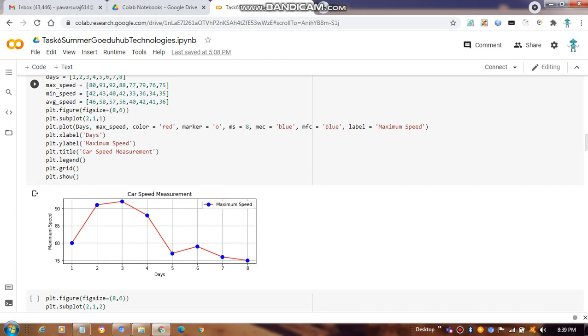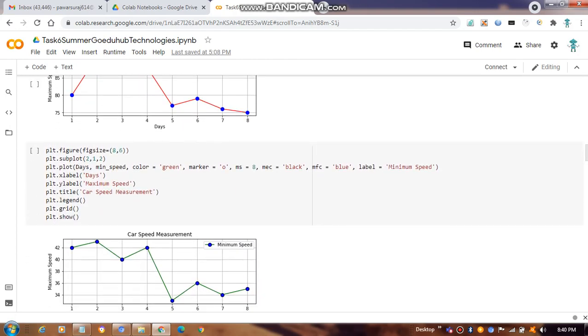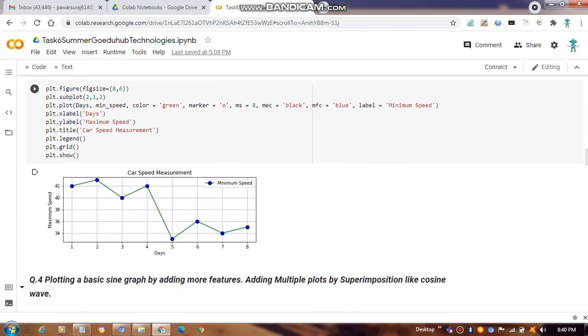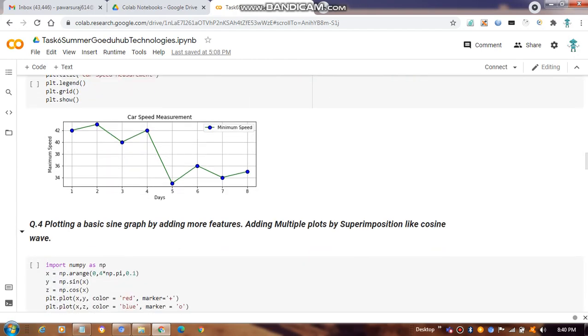After that we use the x label and y label, and then we put a title. After that the legend is used for this representation, so if we remove the legend, the maximum speed label does not appear there. Then the grid and show are represented. Then the same is put with different colors, and we represent the subplot of 2,1,2, before that being 2,1,1 and 2,1,2, with the same size, legend, x, y and all these set, then shown.